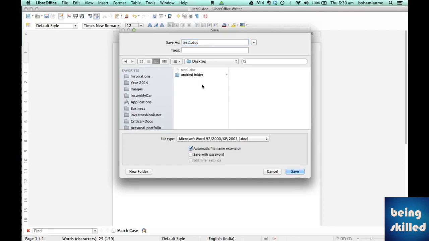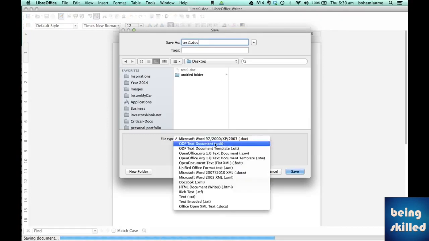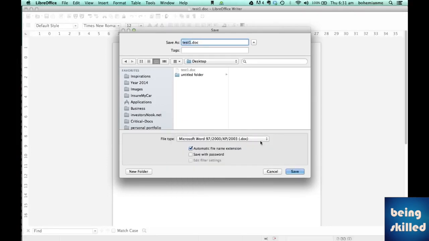So in this, we will just save as the document. By default, if there is a text document, then it will be ODT, but we need to save it as Microsoft Word 97 2000 XP 2003 .doc, and .xls for Excel and .ppt for presentation. This particular format has the least